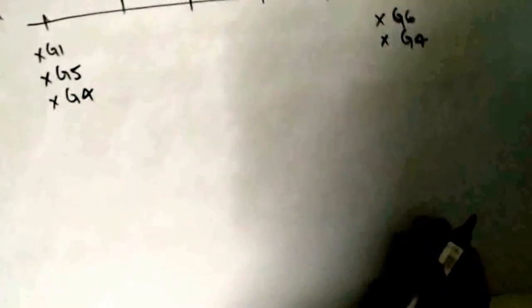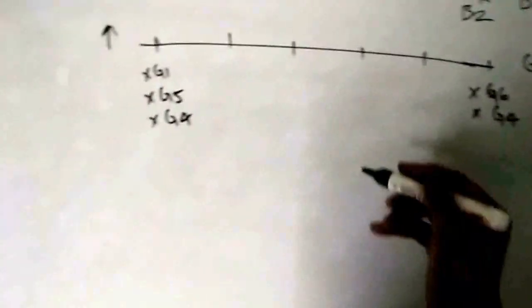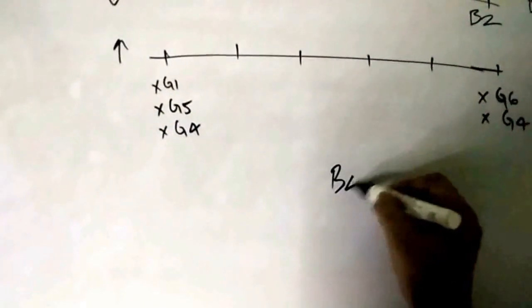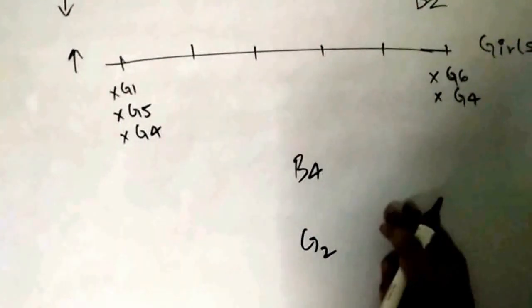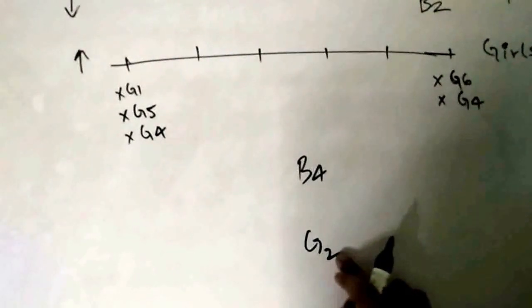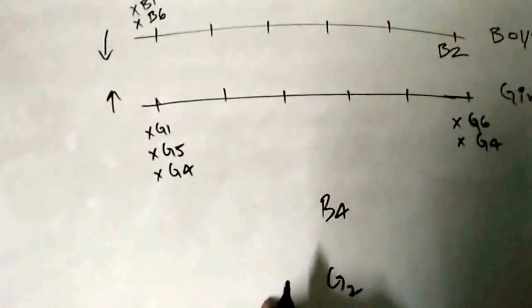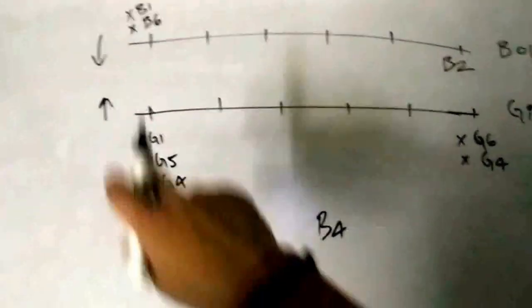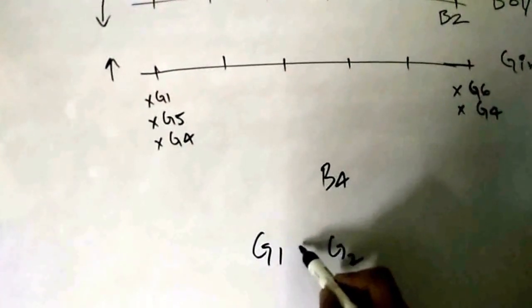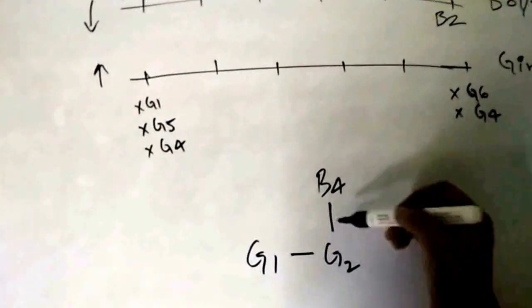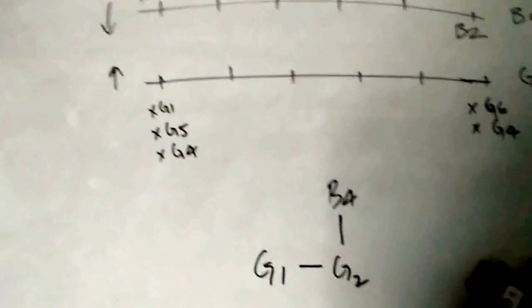So it says that B4 is opposite to G2, right? So let's suppose we have B4 here and we will have some G2 here, right? B4 is opposite to G2, who is immediate right of G1. Now G2 is immediate right of G1. So as the direction of the girls is upward, G1 will come here, right? So just right and then opposite. Okay, so we've got this diagram from this clue.